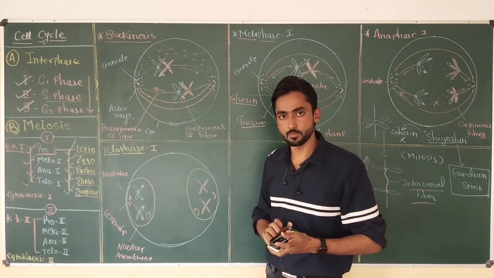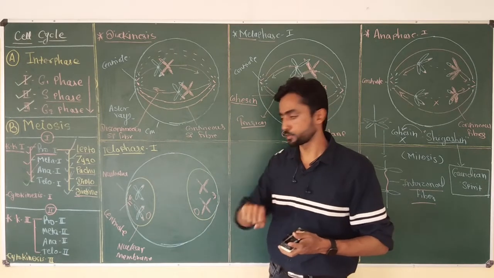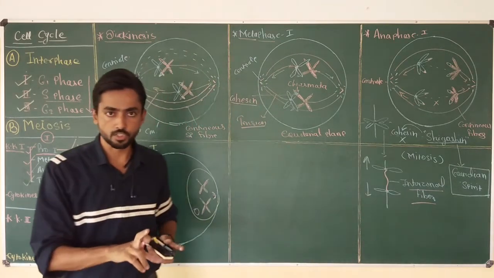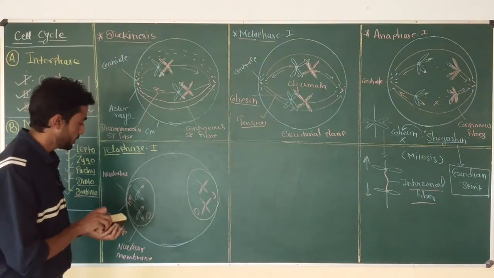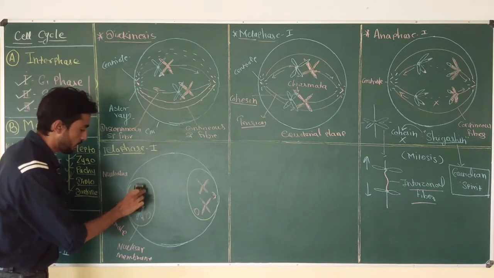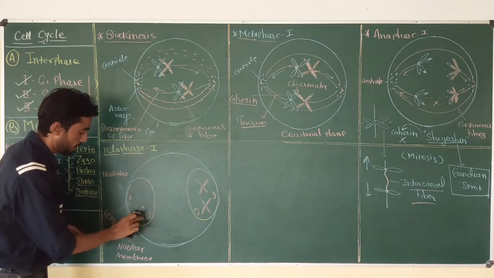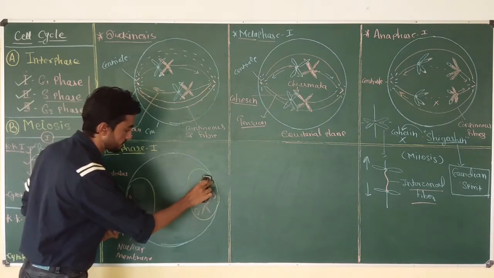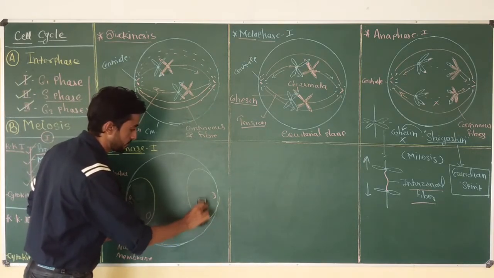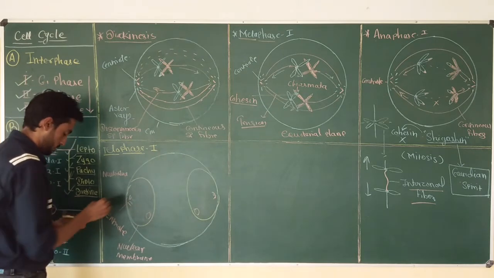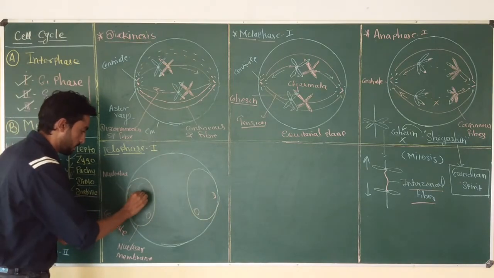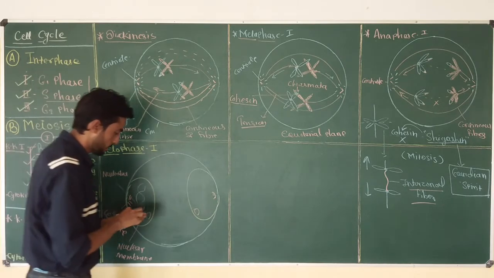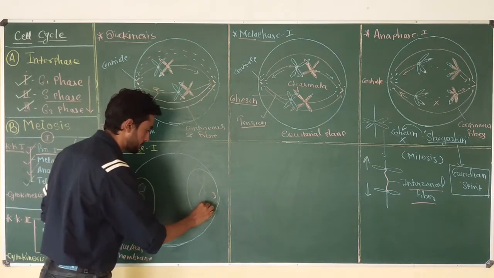Due to decondensation, water molecules are absorbed by the chromosomes and these short, thick structures are converted into thin and long chromatin. So now chromosomes are no longer visible inside the nucleus. Instead of chromosomes, we can see a network of thin, long chromatins